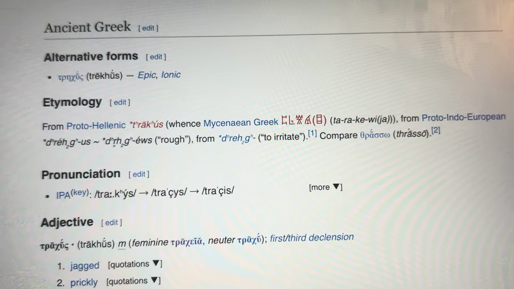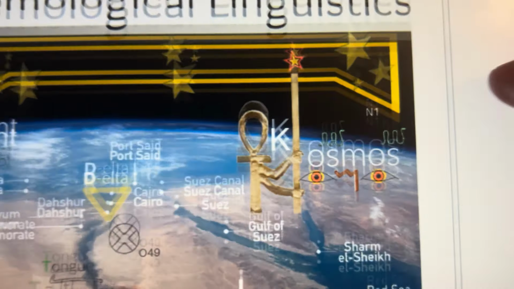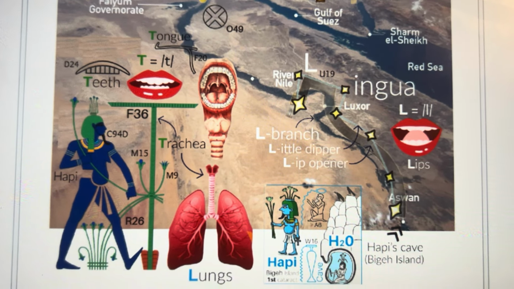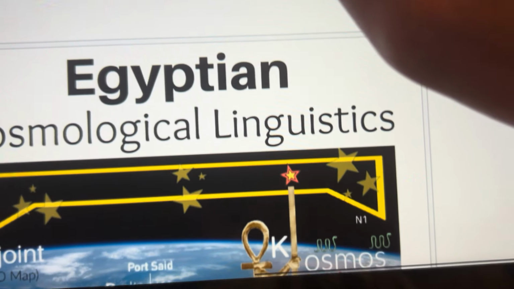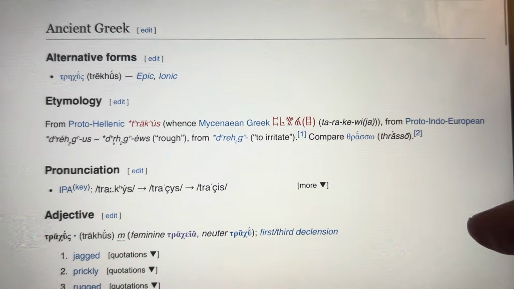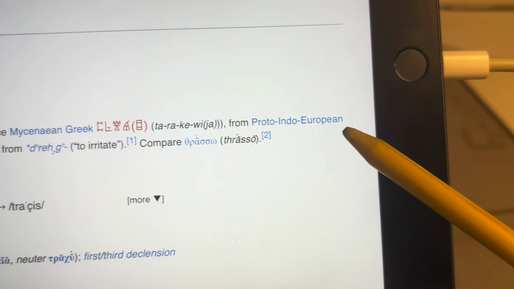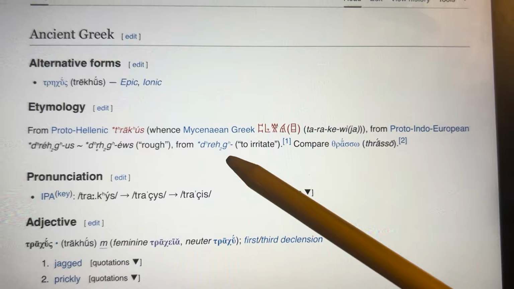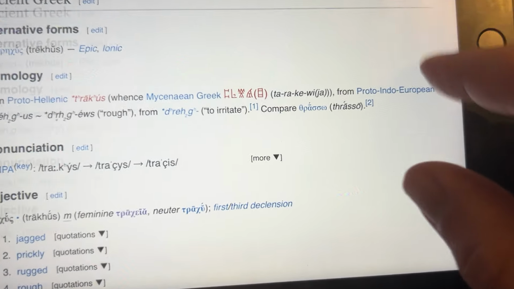So instead of noting the fact that Egyptians had signs for trachea, which are T-shaped, linguists have, over the last 200 years, invented an entire fictional civilization called the Proto-Indo-Europeans around the Caucasus Mountains to explain the commonality of the word, or the origin of the word, such as trachea.